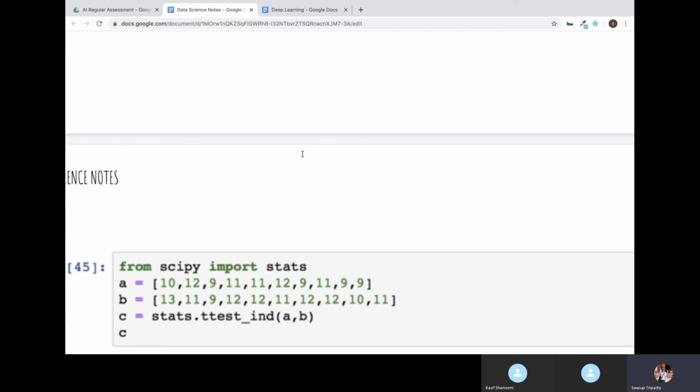So what should we do here? Should we accept the null or reject the null? Is the p-value less than the significance value? The p-value is 0.08. Our alpha is 0.05. It is greater, right? Yes, it is greater. So we cannot reject. We do not reject the null.